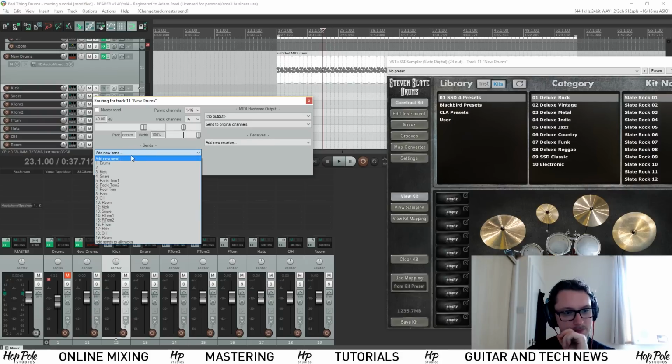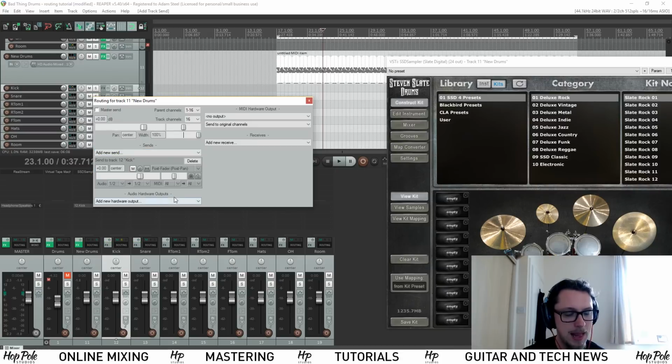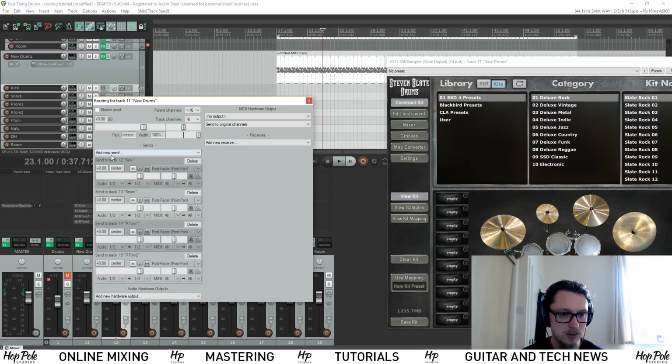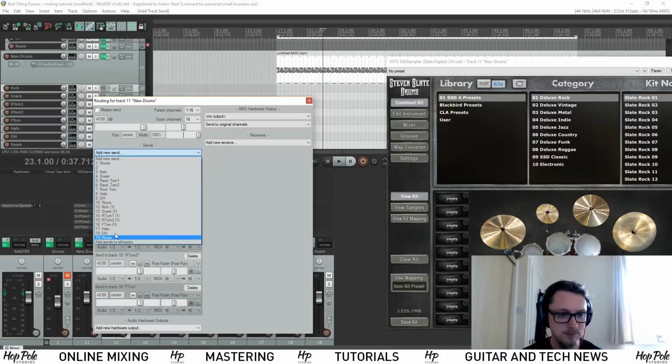So if we go add sends, there's a load of channels here which are from the example that I showed you in the beginning. But let's go down to channel 12, which is the kick. Now you can see it says it's made a kick, it's made a send, but audio 1 and 2 is going to audio 1 and 2 on the new channel. Audio 1 and 2 is going to be the ones that we hear using a stereo interface because we've only got 2 channels. So what we have to do now is add in snare, rack tom 2, floor tom, hats,